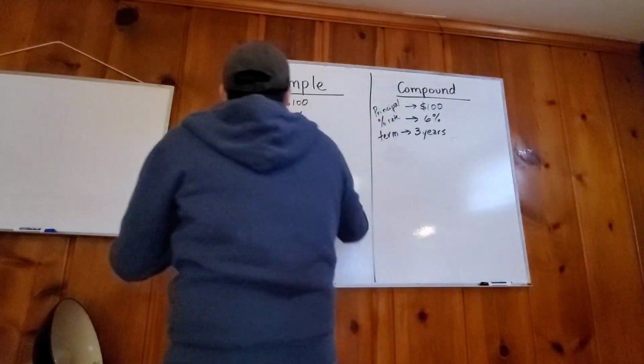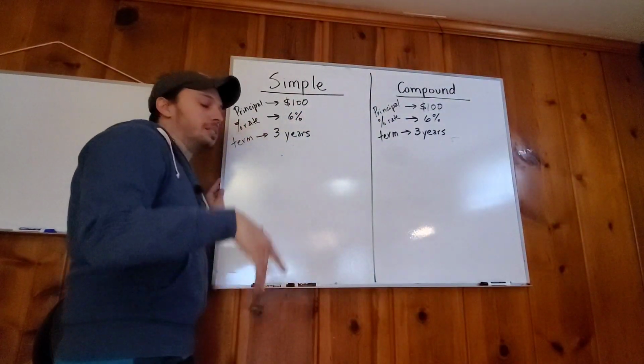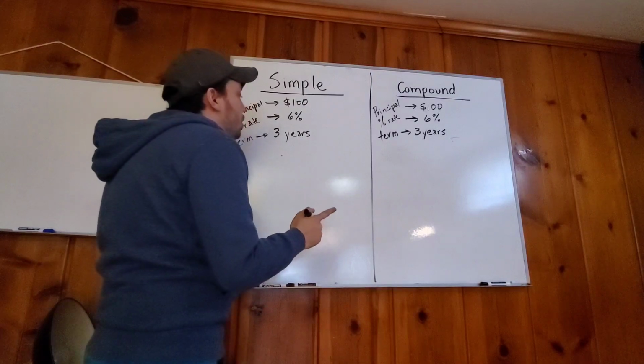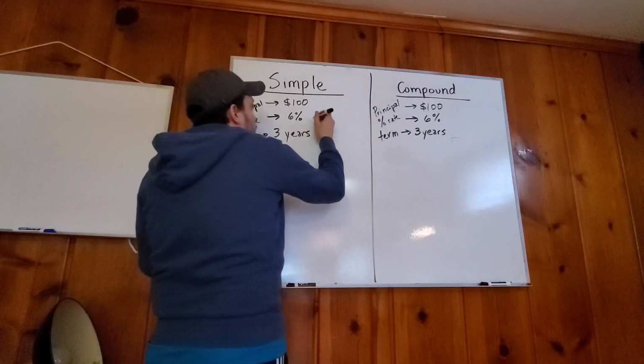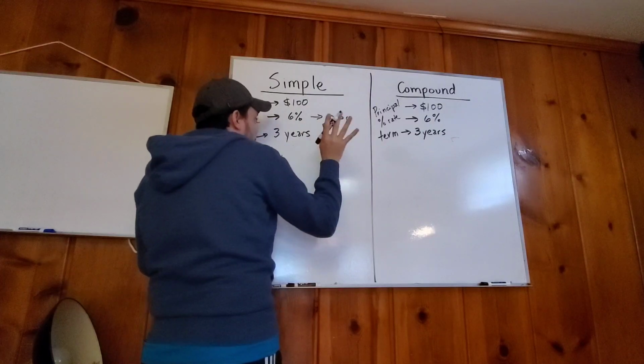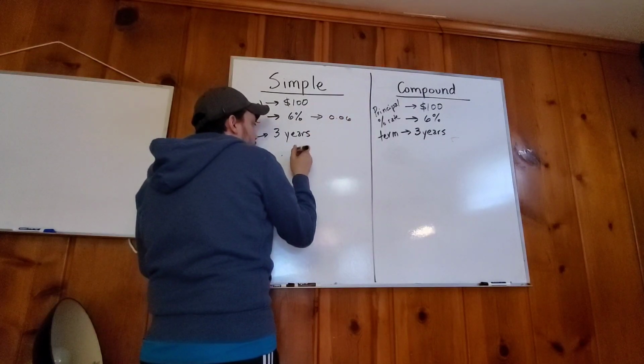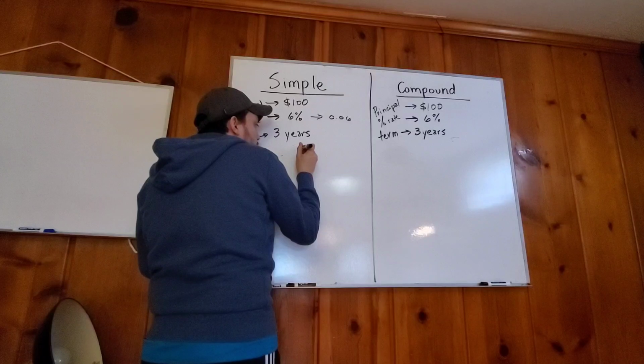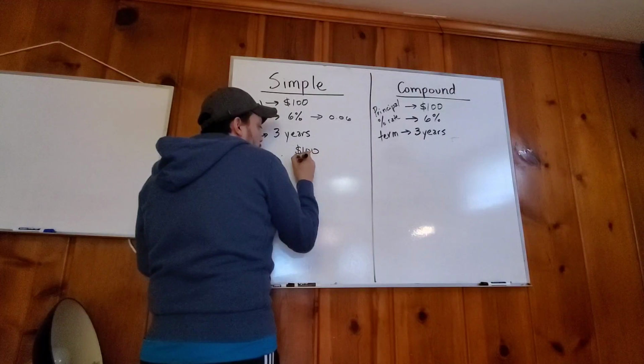So this is pretty easy. First of all, can you do math with percentages? Absolutely not. You have to change it into a decimal. So when you change it into a decimal, it's going to be 0.06. Be careful about that, right? And so how do you do the math? Well, you get $100 and you multiply by 6%,